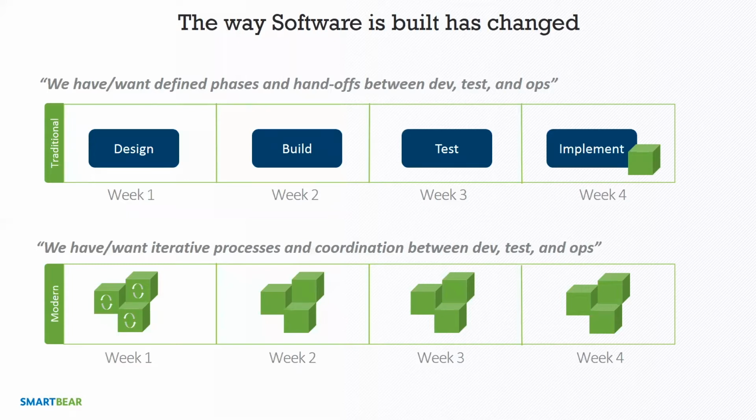I like this slide. The way software is built has changed. So we all kind of know this. We've been hearing about it for a decade. People have talked about the end of waterfall and everything's agile now. And I personally don't find the actual word agile particularly useful. It means too many things to too many people. And everybody has their own version of it.